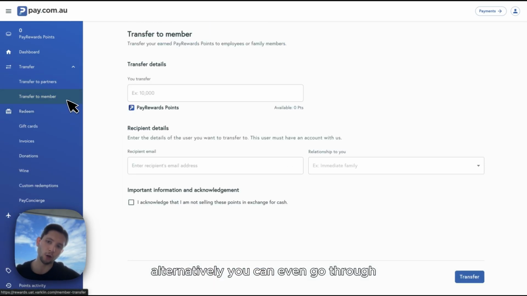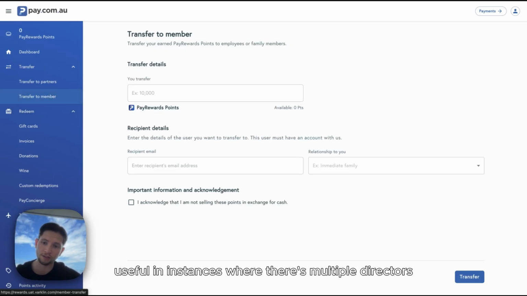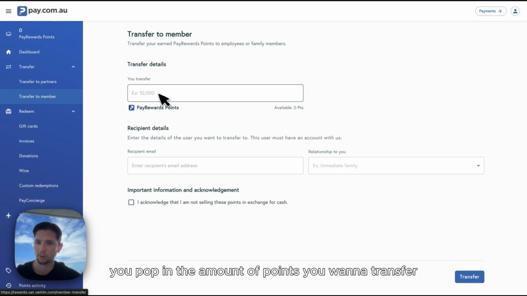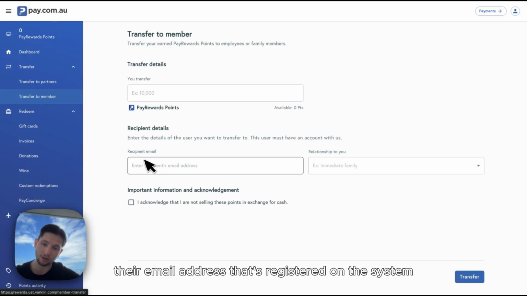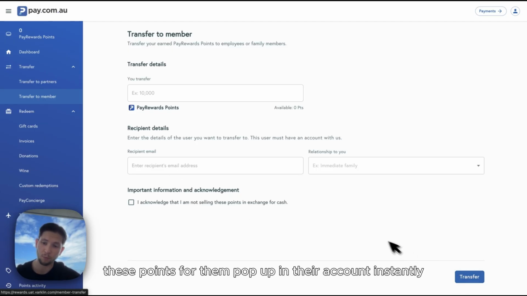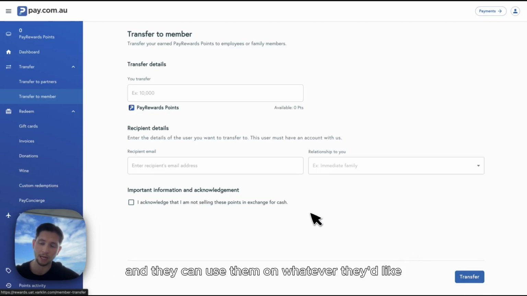Alternatively, you can even go through and transfer them out to other members. This can be useful in instances where there's multiple directors or shareholders or people that are going to be utilising the points that are accrued on pay.com.au. In here, you pop in the amount of points you want to transfer, their email address that's registered on the system, and click transfer. These points will then pop up in their account instantly, and they can use them on